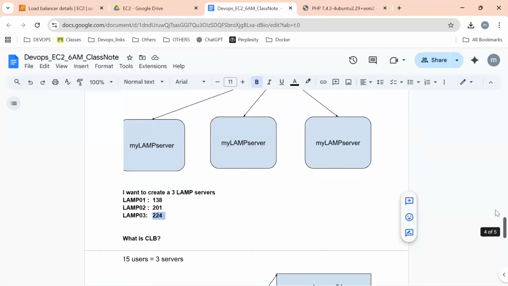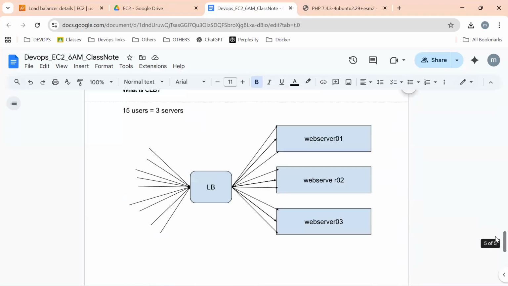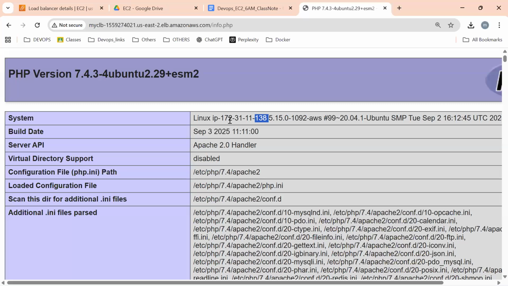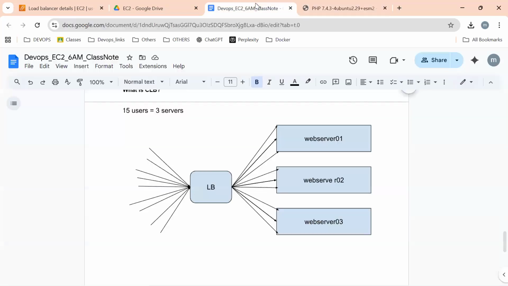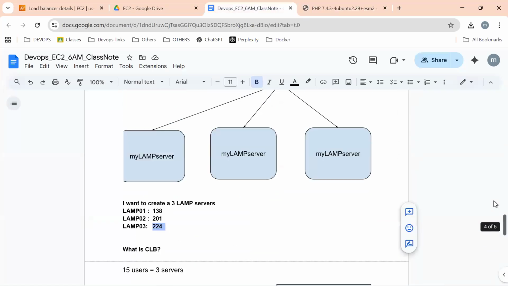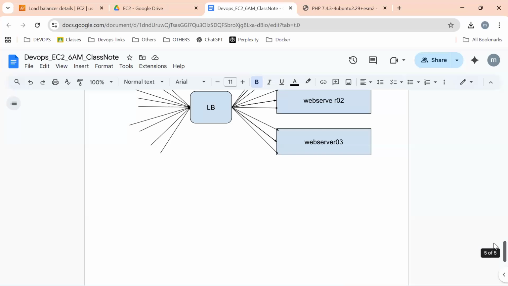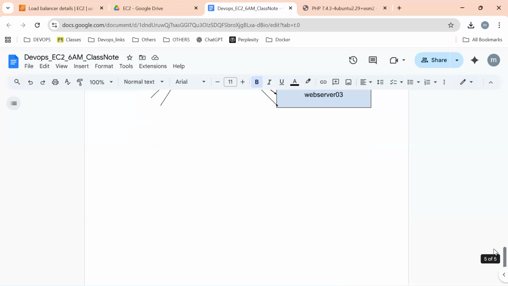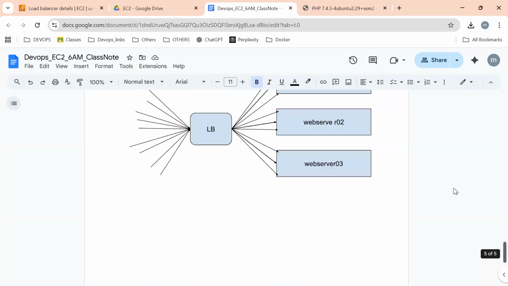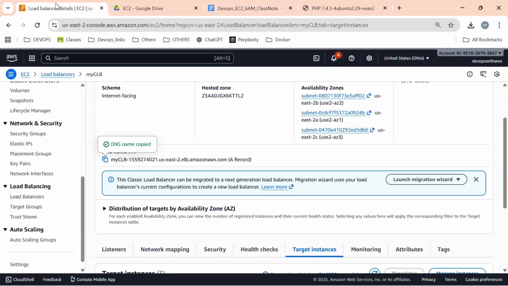Yeah, great. So why are we using LAMP? Only for understanding and explanation purposes. Without LAMP, I can't show this result like this. I want to display the front end server information, and through LAMP only I can show you that. That's the reason I'm choosing a LAMP example. I don't want to explain LAMP, but I want to explain AMI, load balancers, auto scaling and Route 53. These are all the concepts we are going to learn with the help of the same example. Without LAMP, we can't continue classes tomorrow either.